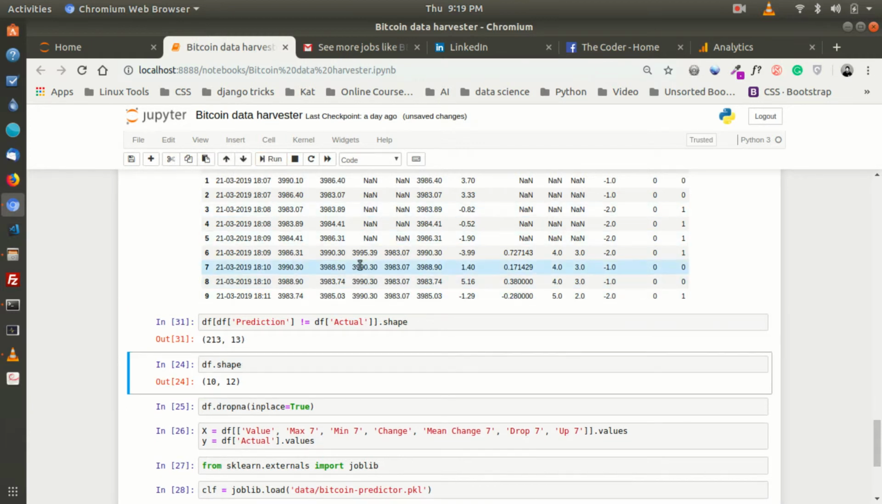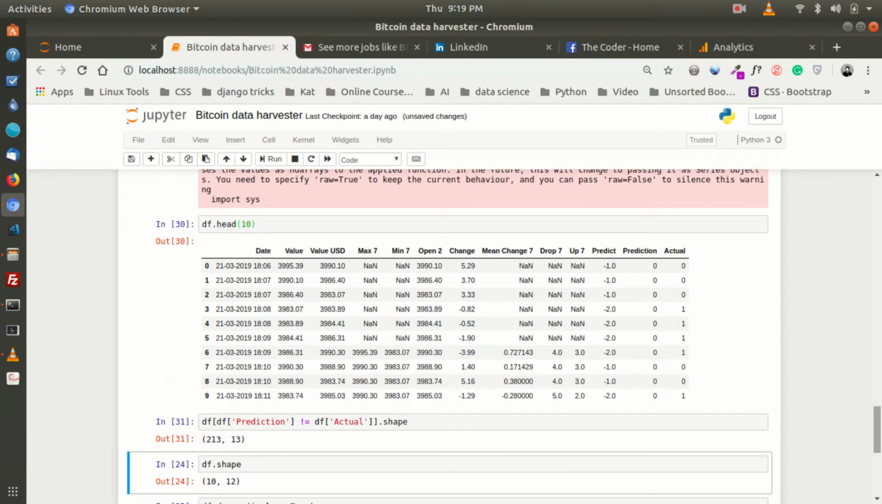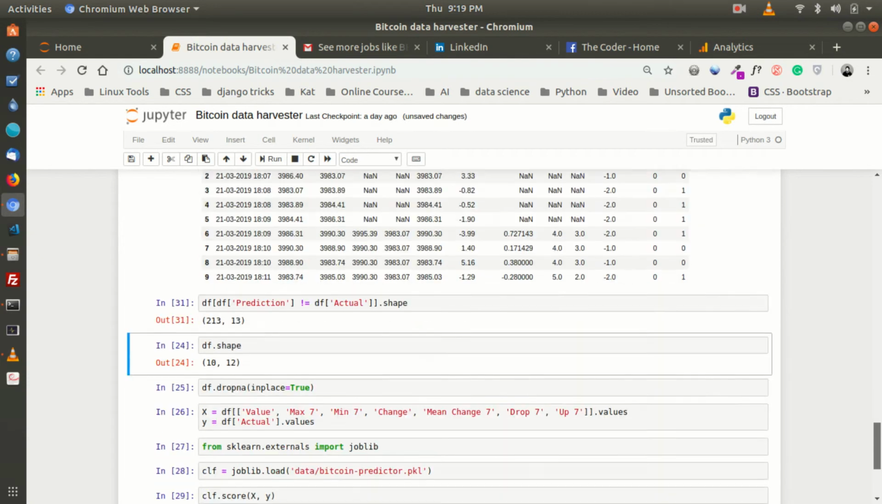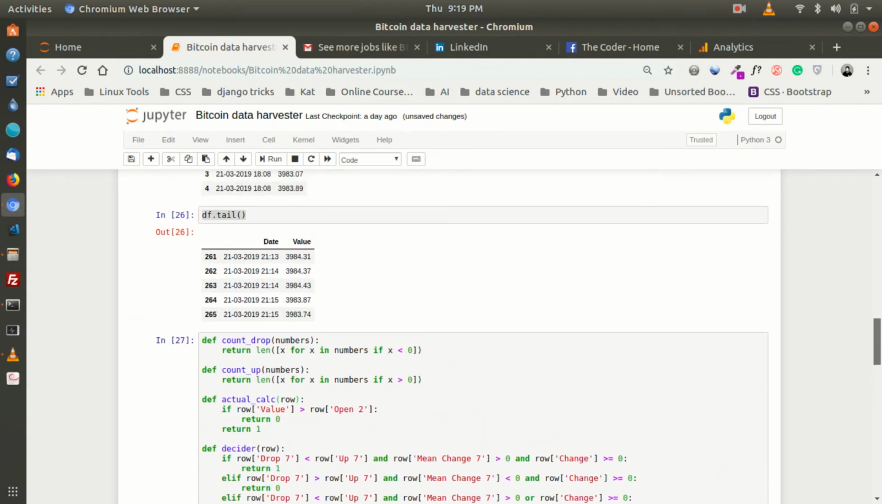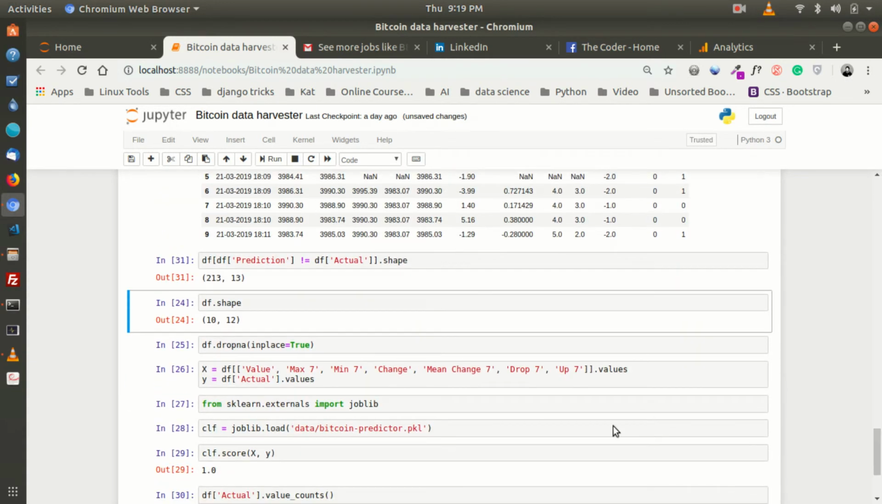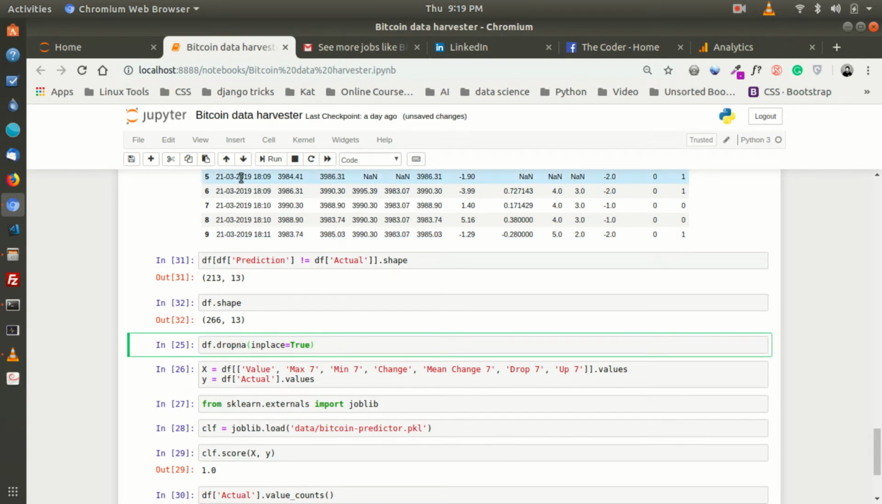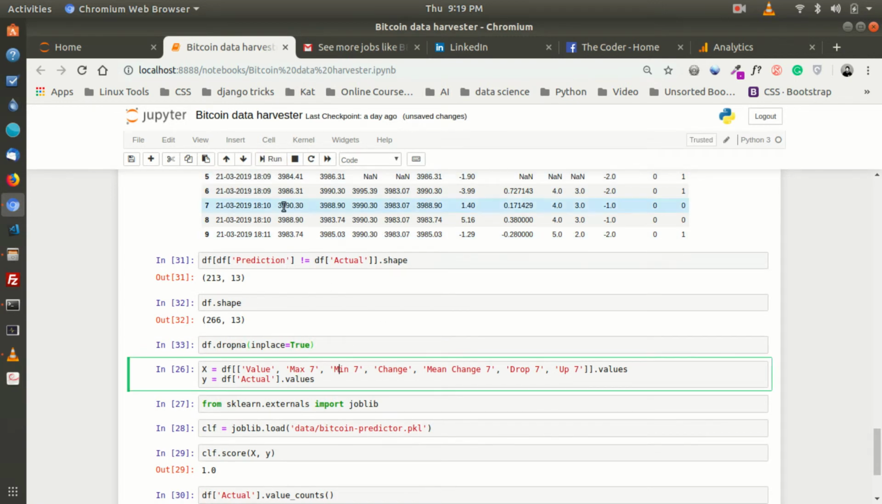Doing a shape of prediction and actual, the ones which are actually similar. Here I'm checking to see how many prediction values are similar to the actual value. So this is matching up with this, and as you can tell, out of almost 265 rows, 213 match up. Just do a df shape again, drop any NAs,